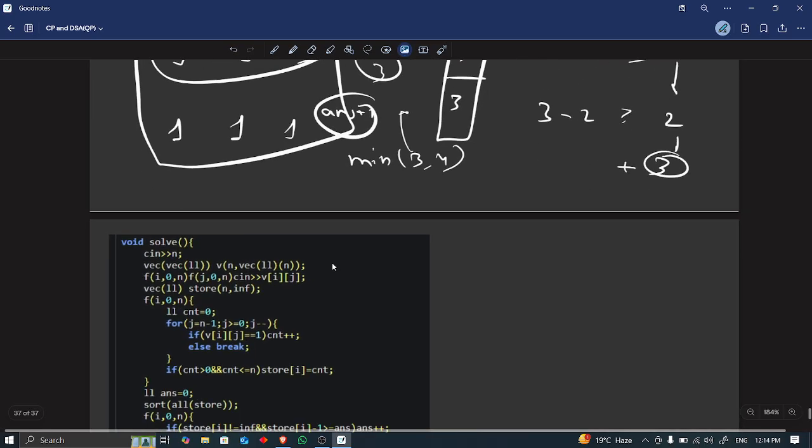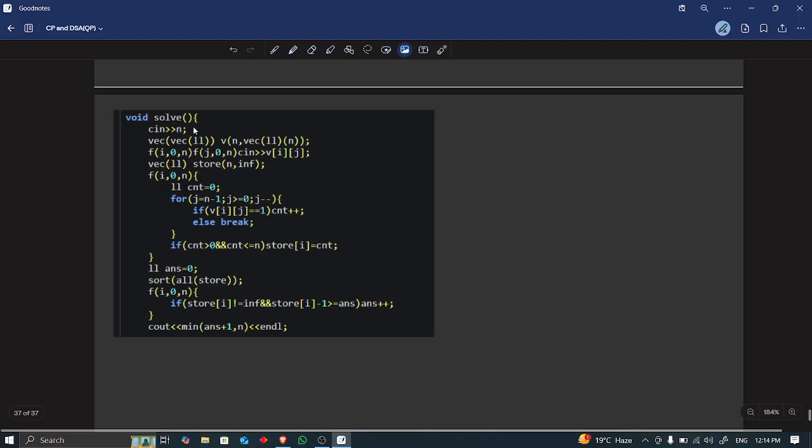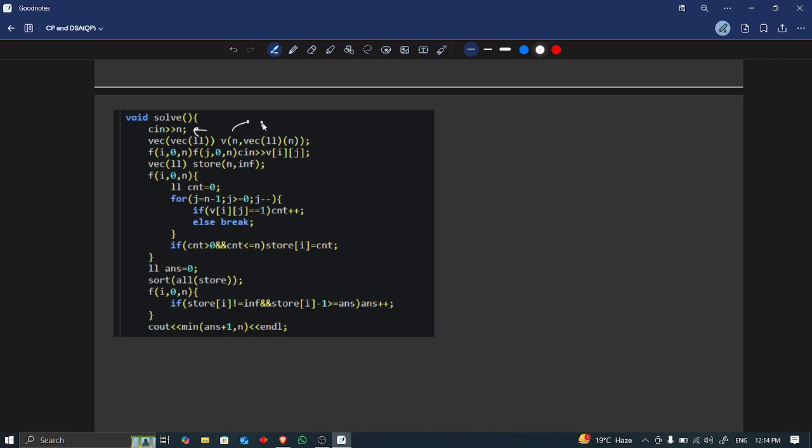And you can see now the code is here. First, I have taken the input, and I have created a vector of vector, which is my matrix. I have created the storing array, which will be initialized with infinity of size n. And now what I have done: I've initialized the count variable equal to 0, and if I have found the last element equal to 1, count plus plus, and until